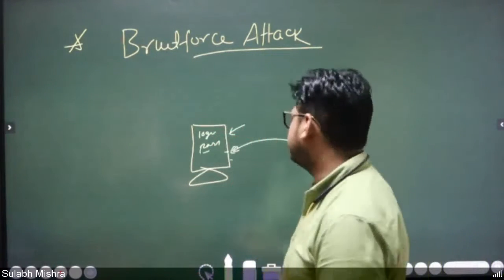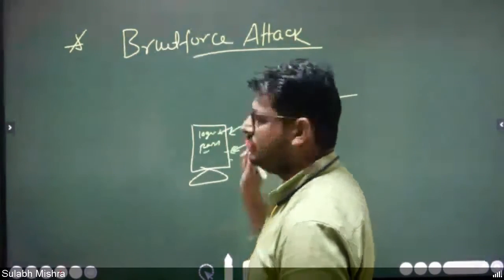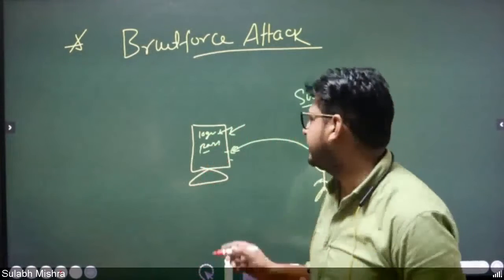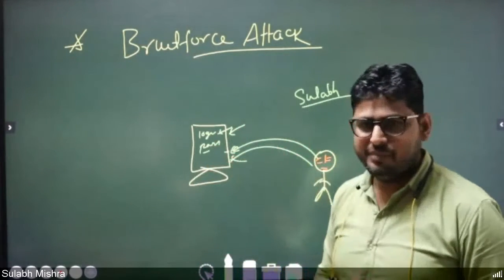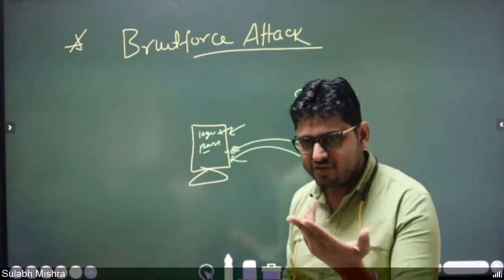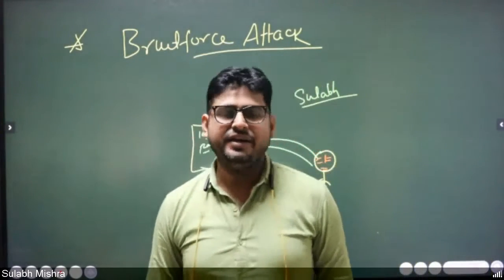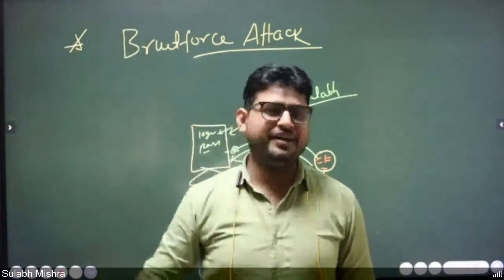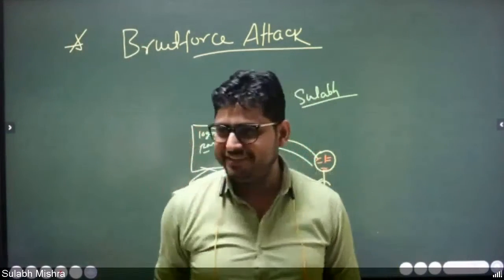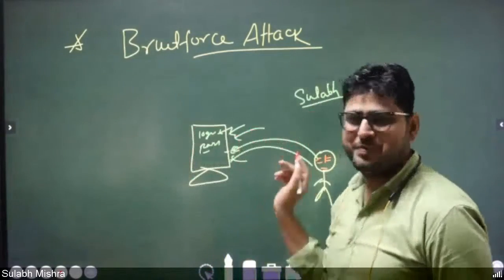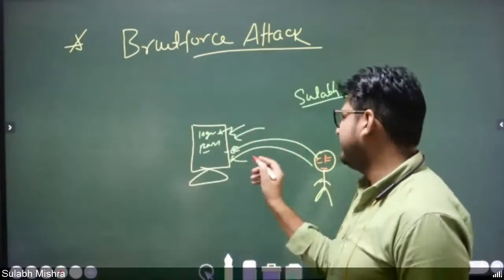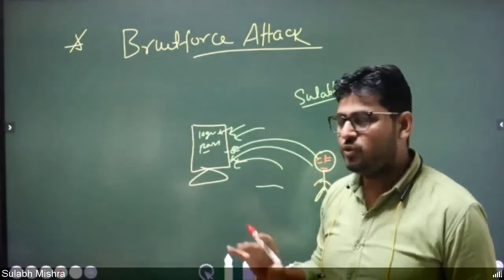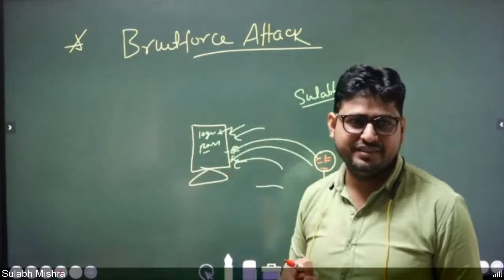So what happens is he will enter the username Sulabh. Now the password, he does not know the password. So he will try multiple passwords to log in, because one password will not work. Yes or no? Yes. So he will use the trial and hit method. Trial and hit method means he will try multiple passwords. Sometimes he'll try welcome@123, a known password. There is a pre-known password. Welcome@123, Sulabh@1234, Google@1234. He will try combinations of passwords to gain unauthorized access, right?